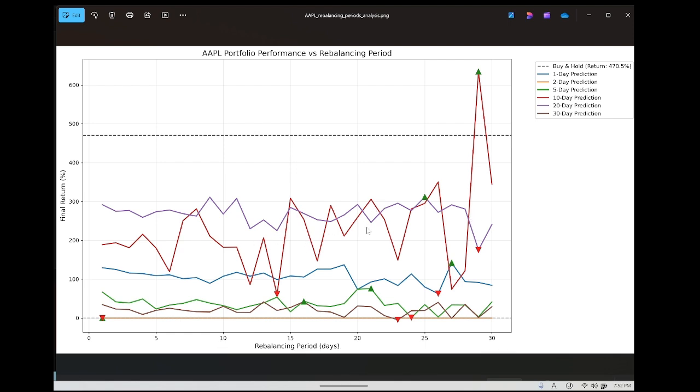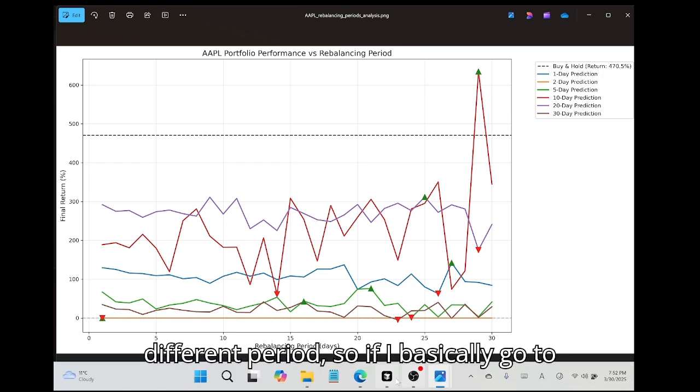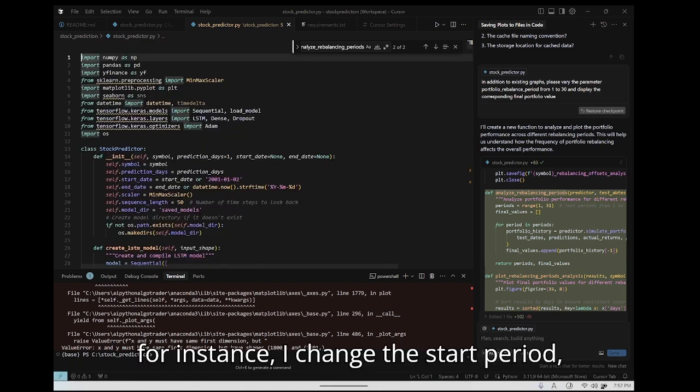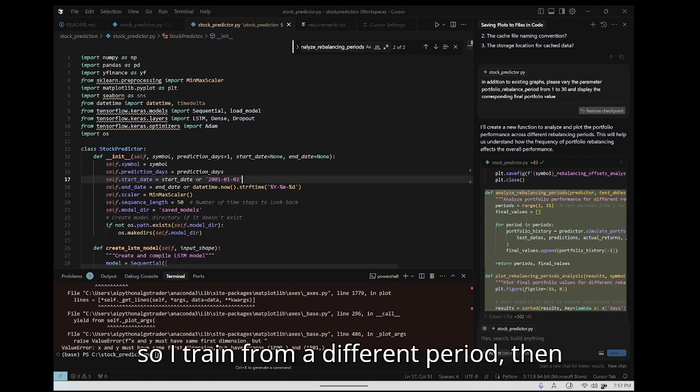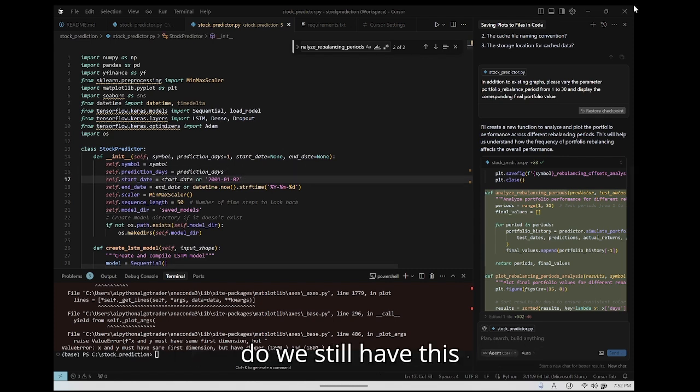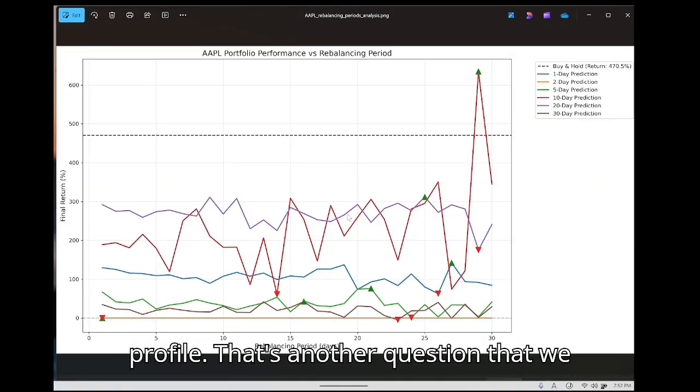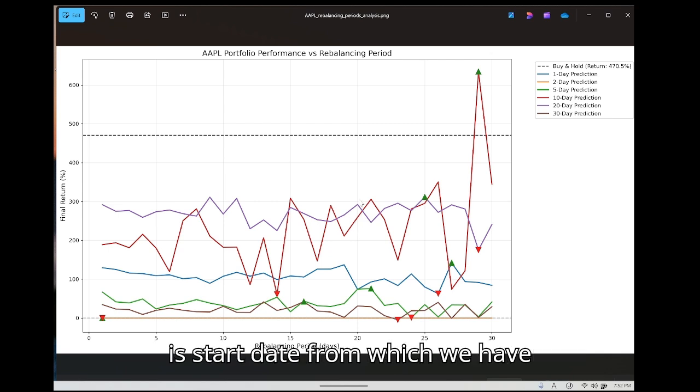So say if I train a model on a different period, if I basically go to the code and here for instance change the start period, so I train from a different period, then do we still have this kind of profile, or is it a very different profile? That's another question that we have. So there's another parameter, which is the start date from which we have trained the model, or training basically with a different period. Could be a reason for